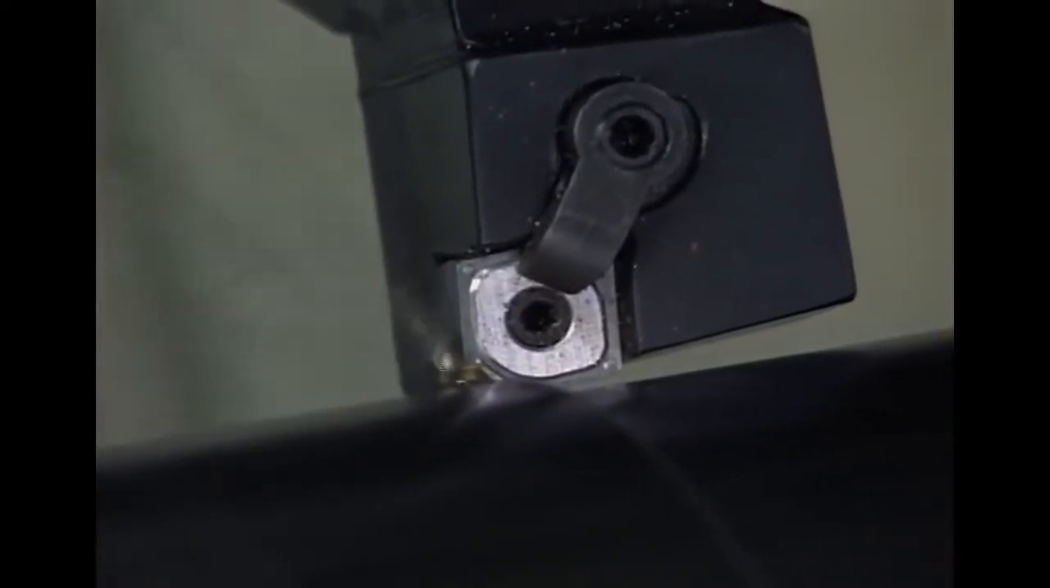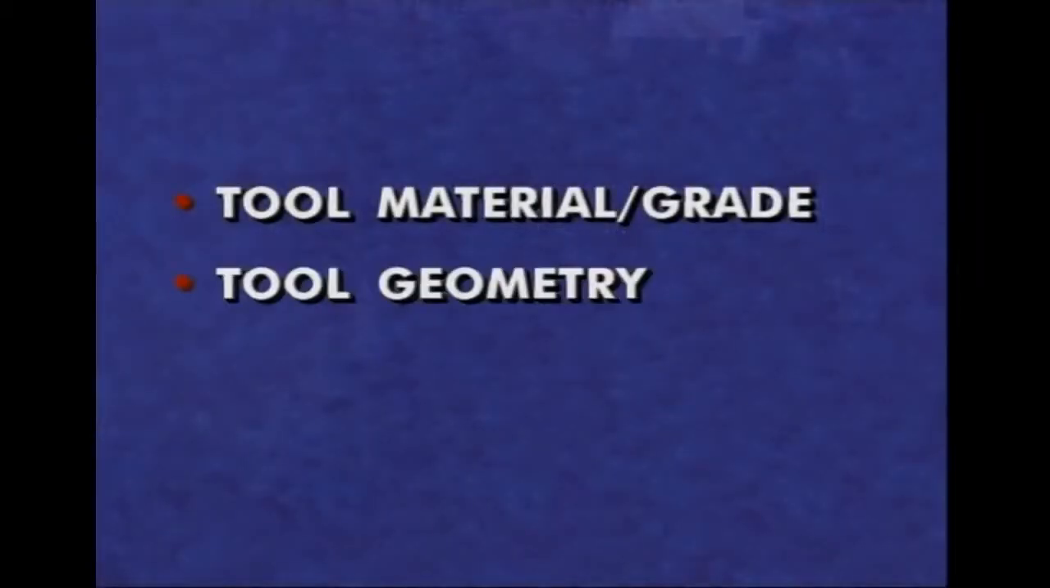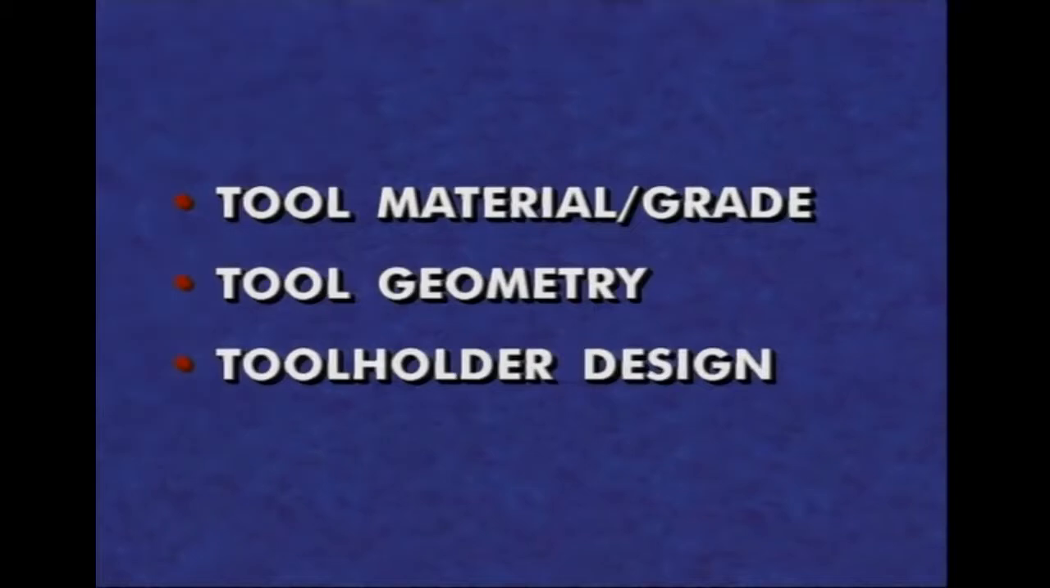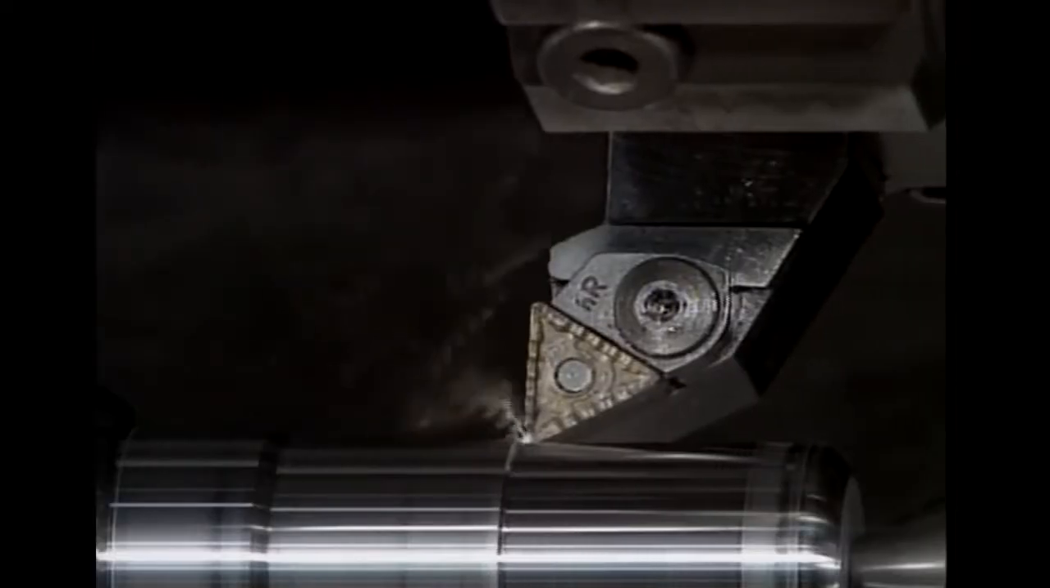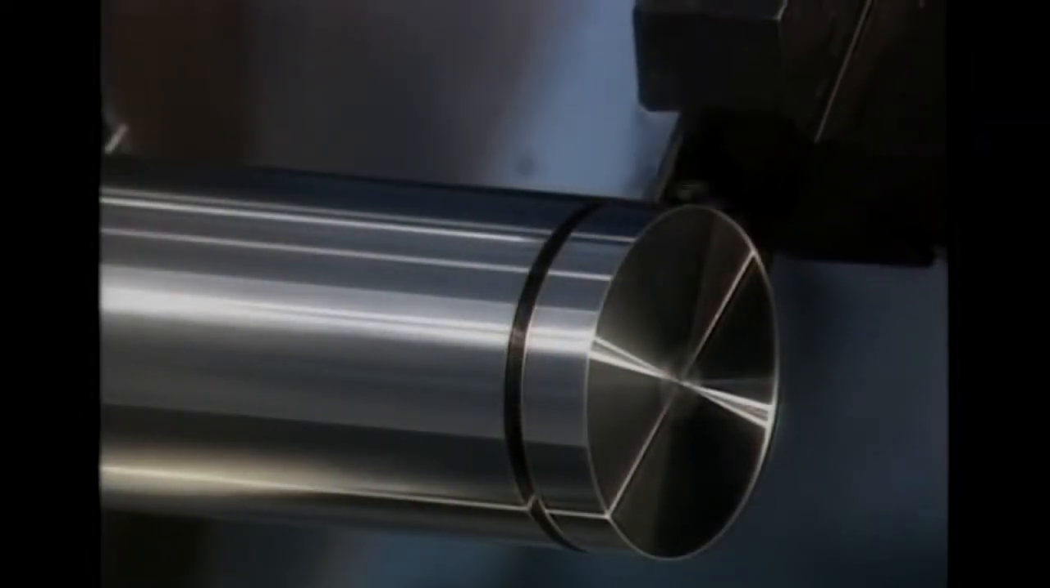Several decisions are required when choosing tools for turning, including the selection of the material or grade, the geometry, and the tool holder design. Just a few basic geometries and carbide grades are used in 75% of turning applications. Tooling decisions for lathe operations, such as hole making, boring, threading, and parting off, require unique selections of grade, geometry,